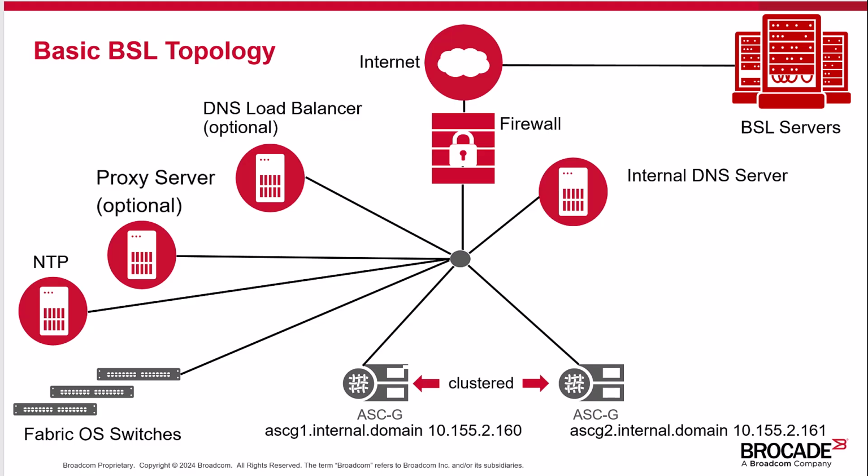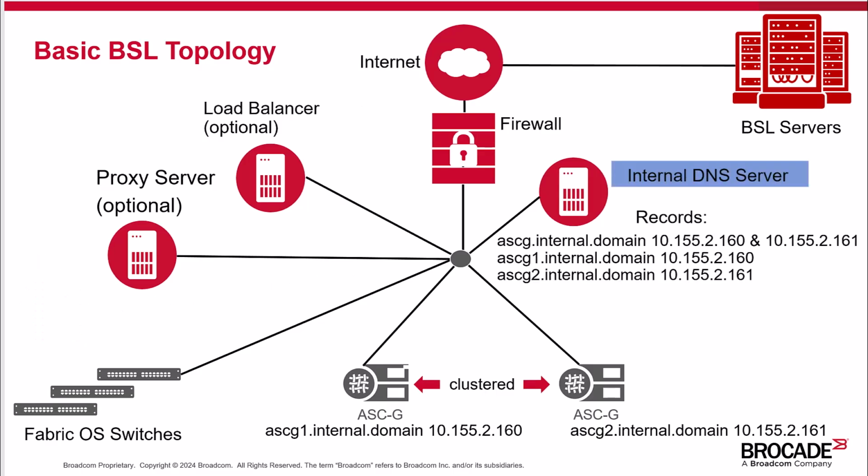So let's move forward to focus on the internal DNS requirements for a basic BSL topology. In reference to the internal DNS server requirements, you need to have A records for all of your gateways within that DNS server. If you have multiple DNS servers, all of them need to have the appropriate A records. If you have a single gateway deployed, it's a pretty straightforward process. You would just have an A record for that individual gateway, and the switches would then forward on their requests. Basically, they would do DNS requests and it would resolve to the individual gateway and they would send their data